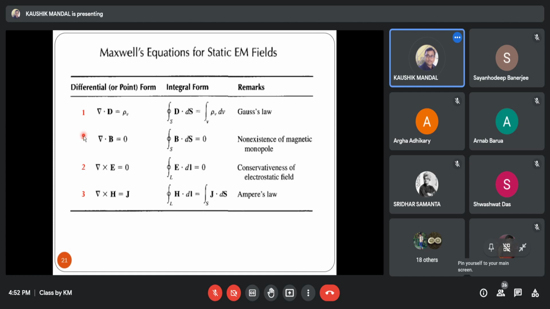I have basically discussed it in this way. First, we started with the static electric field. Considering it, we first discussed Gauss's law, then derived the first equation. Then we considered the curl equation, the second equation. Once we entered magnetostatics, first we discussed Ampere's law, then from it we derived the third equation. Then we discussed Gauss's law for the magnetic field and derived the fourth equation. Now tell me.